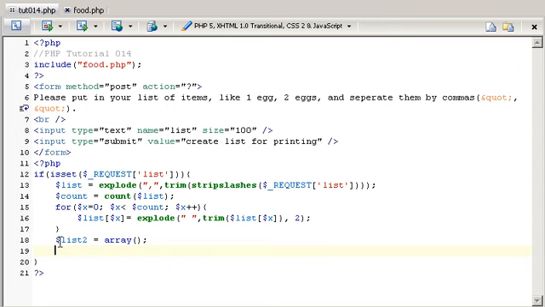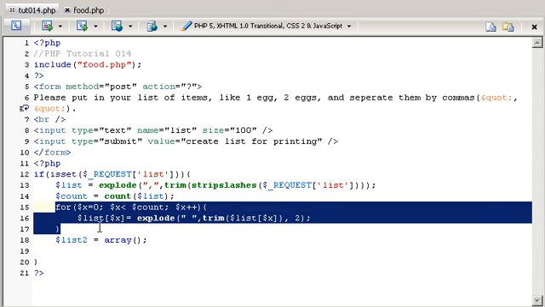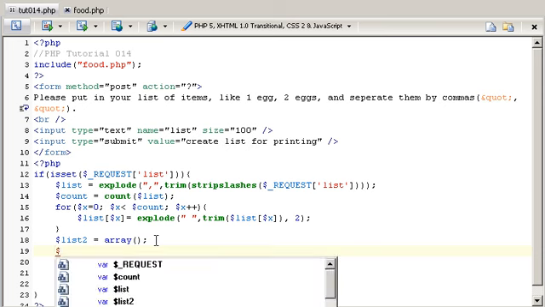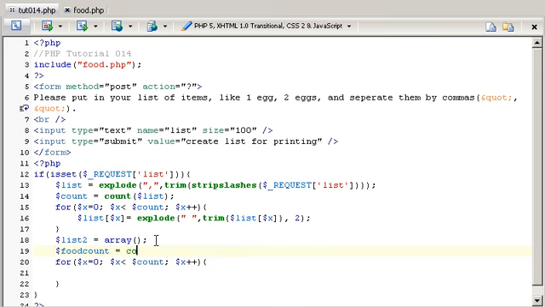Now, I'm going to want to process this list again as I go through. Now, I'm going to reprocess this list here, but I'm going to try to compare it to how many are in the foods list. So I'm going to say food count equals count of $food,